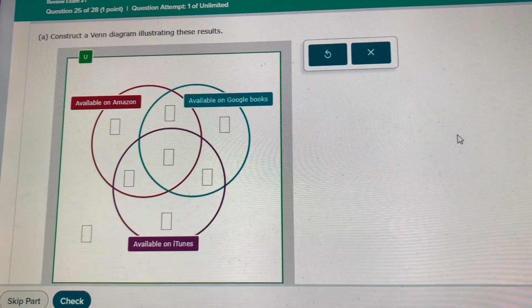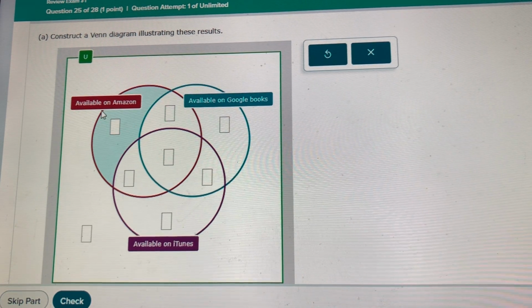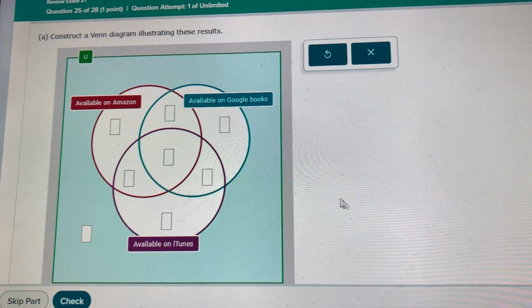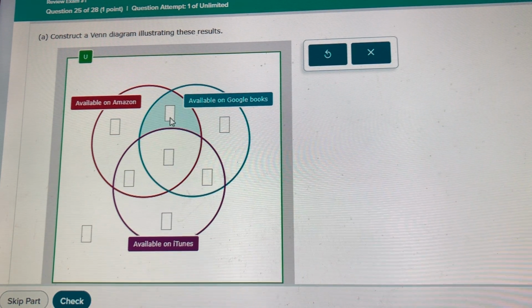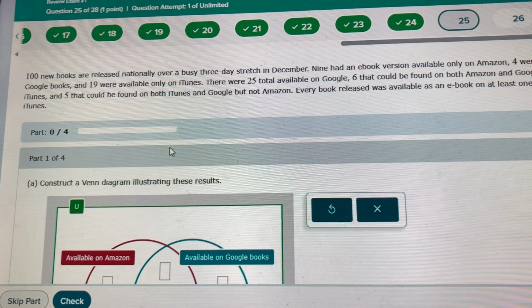Okay, so remember this, we got the 3-circle Venn diagram. Something you want to buy might be available on Amazon, or maybe it's on Google Books, or maybe it's on iTunes. If you're only Google Books, you're this one. Only iTunes here, only Amazon there. If you're all three, you're in the middle. And if you're one of these three, then you're the two that touches that. So this right-hand one here, it's Google and iTunes at the same time. Usually the way these problems work is you start your way inside and go out. If they tell me the one that all three occurred at,